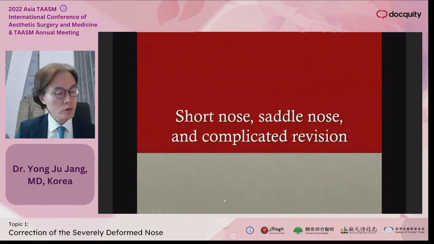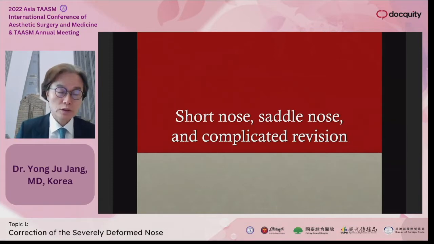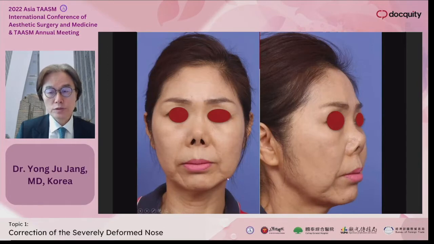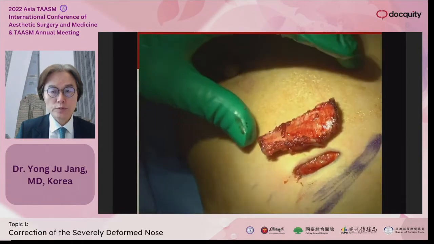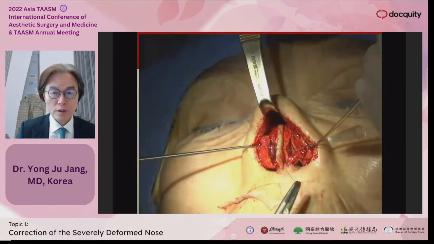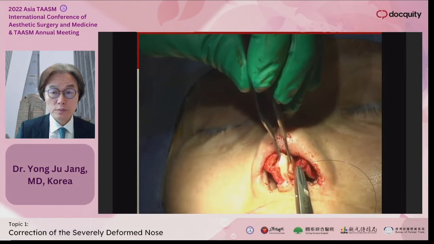So in most cases of the deformed nose, there is a mixed combination of a short nose and contracture, and it's usually a consequence of a complicated revision scenario. So this patient developed this ugly short nose because of the silicone implantation done elsewhere. So I opened her nose and I harvested her costal cartilage, and I'm extending her central compartment with costal cartilage,